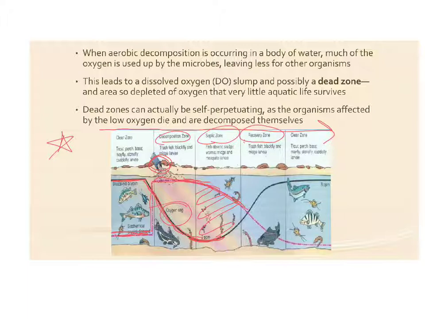As we move down further away from the source of the pollution, we end up in the recovery zone. You can see that the DO is coming back up to pre-pollution levels here, and the BOD is falling. We get fish species present again, but they're not the species that were present in the clean zone before the pollution. So we get what we call trash fish. These are fish that can handle polluted waters. They can handle a lower amount of dissolved oxygen. We also get black fly and midge larvae there as well.